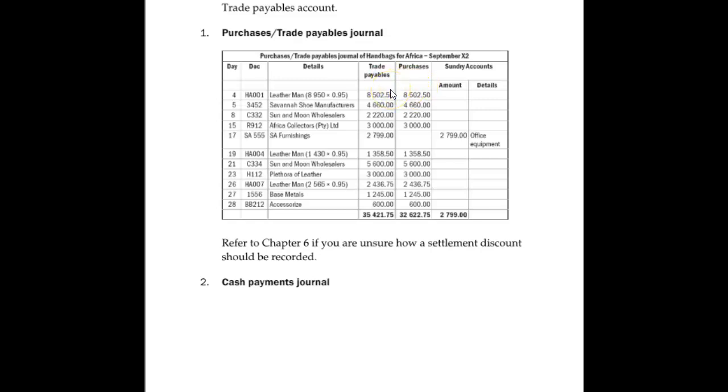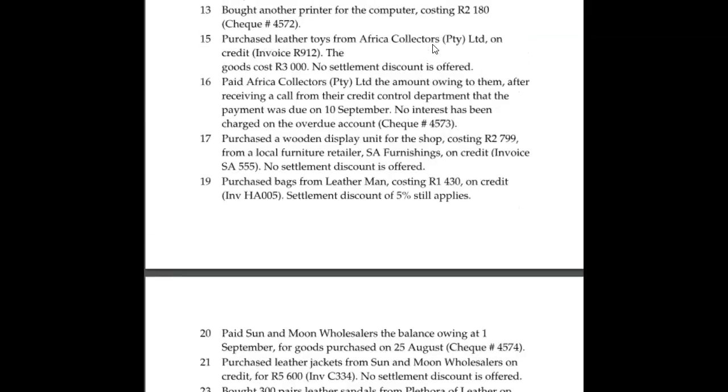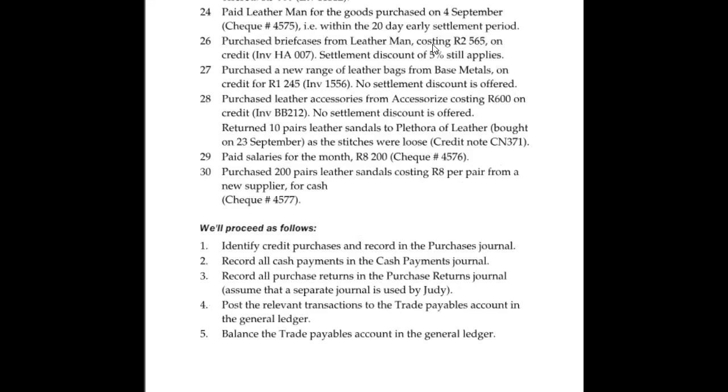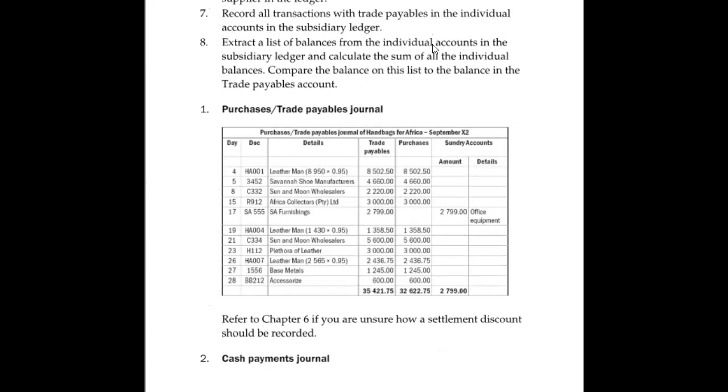Now, why do they have purchases over here and not inventory? It's because they said that this is a periodic inventory system. If I'm not mistaken, yeah. They say it above, right? Periodic inventory system. Now, in a periodic inventory system, whenever you refer to inventory, you say purchases, right? So purchases and inventory are the same thing. Just be careful. When they use a periodic inventory system, it is purchases. If they use a perpetual, it's inventory.